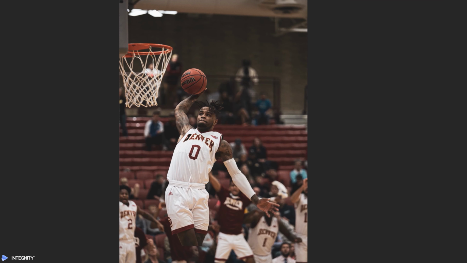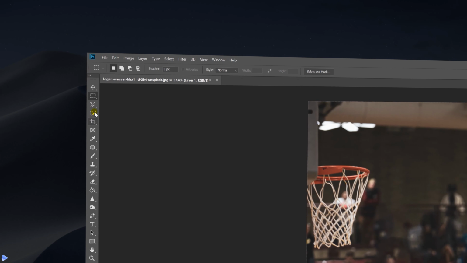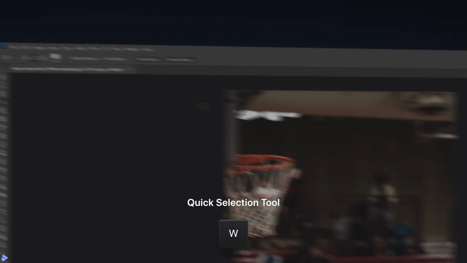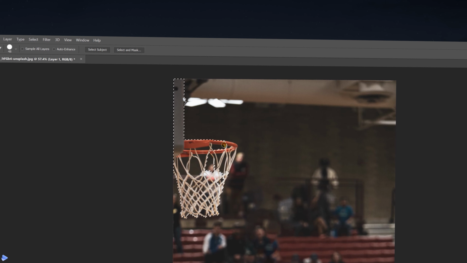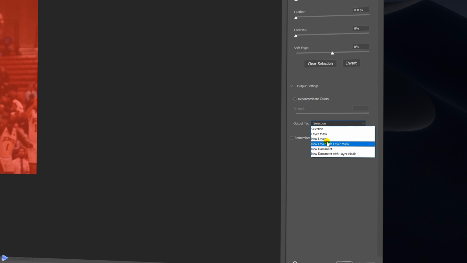So with that done, let's get to using the selection tool again to mask out this hoop from the overall image. Problem with this hoop, as you can gather, will be these holes within the net. Now we're not going to get rid of all of them through the quick selection tool, so let's just go to select and mask in order to create this really clean mask. Okay, then with that done, let's go to this Output 2 and change it to New Layer with Mask.